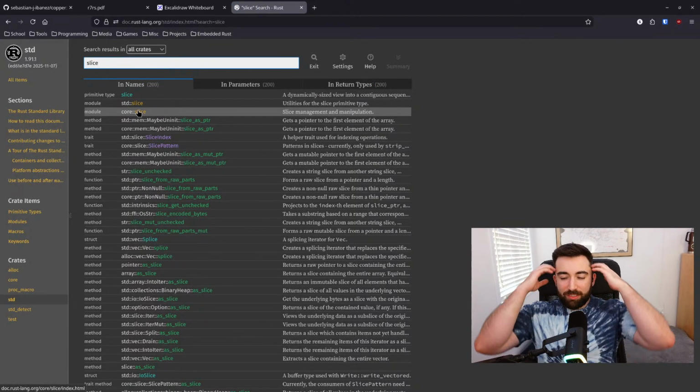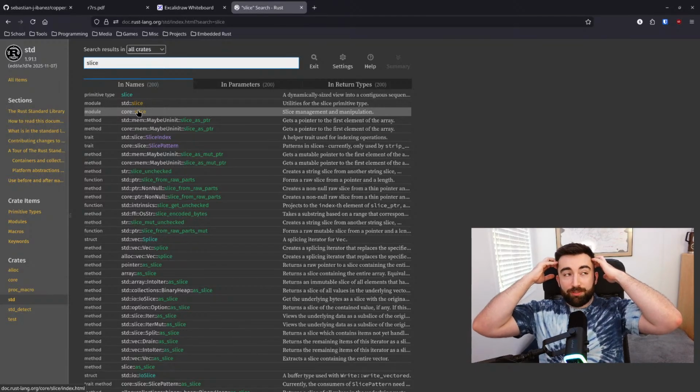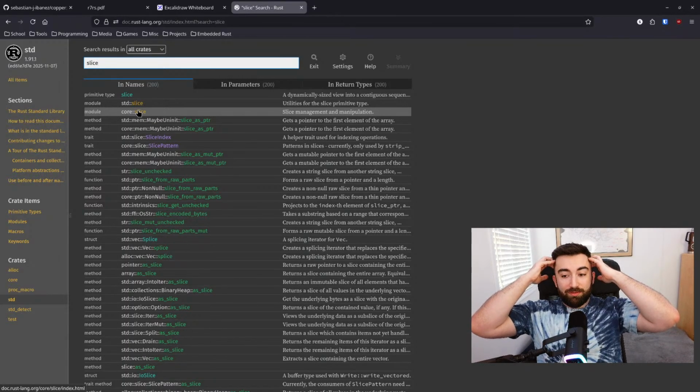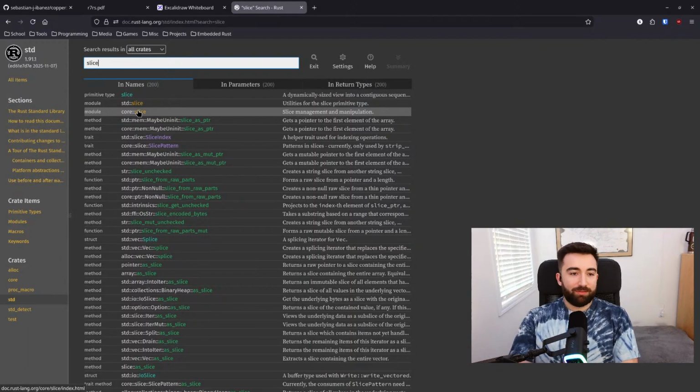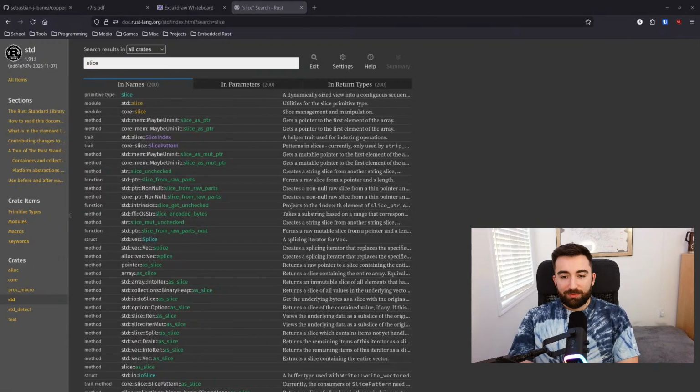Surely there's some kind of function in this standard library for a slice that lets you subslice it. Right? Is that a thing? Well, I guess there's just the range indexes, but